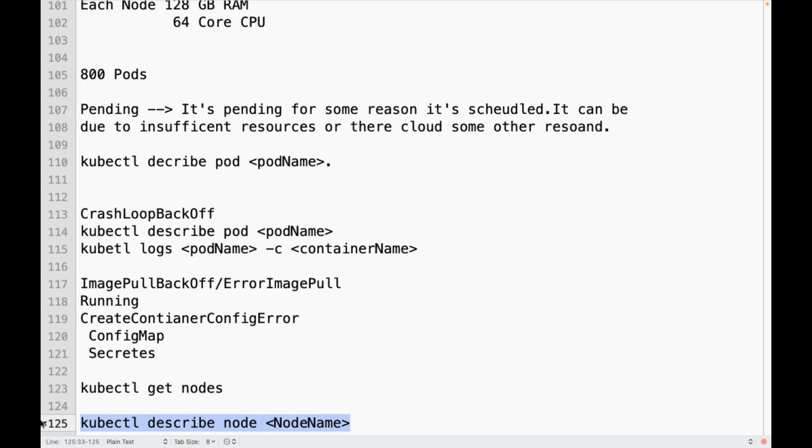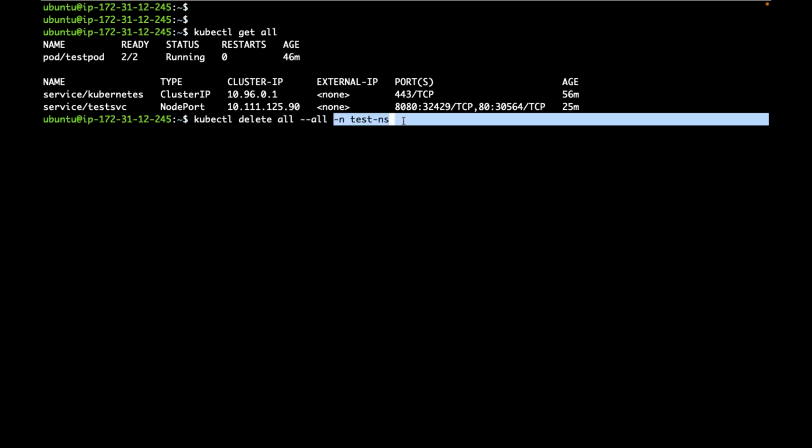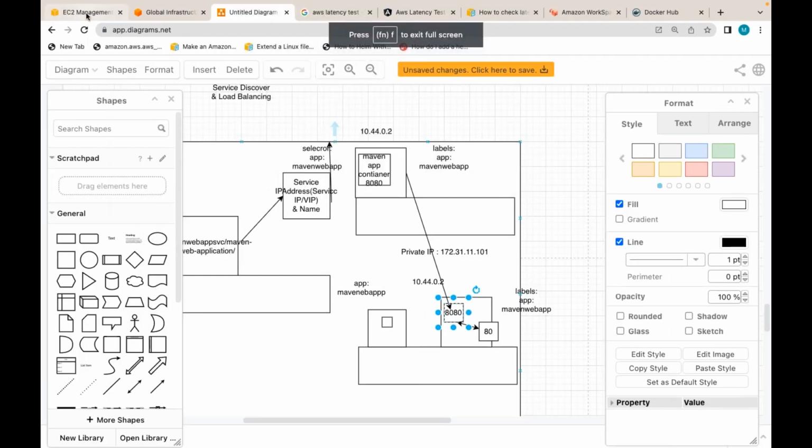Yes. So in that case, you do one thing. You delete all the applications you deployed, but not in the kube-system namespace, guys. You delete something like this in the default namespace, and you delete something like this in other namespaces. Then you reboot your servers.